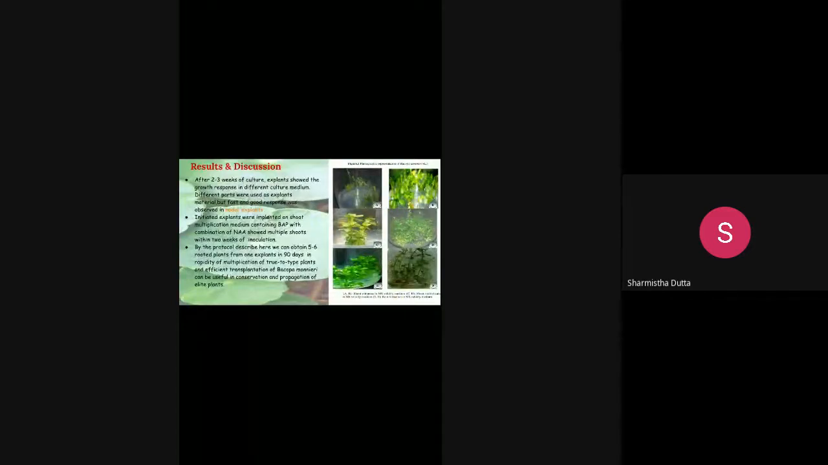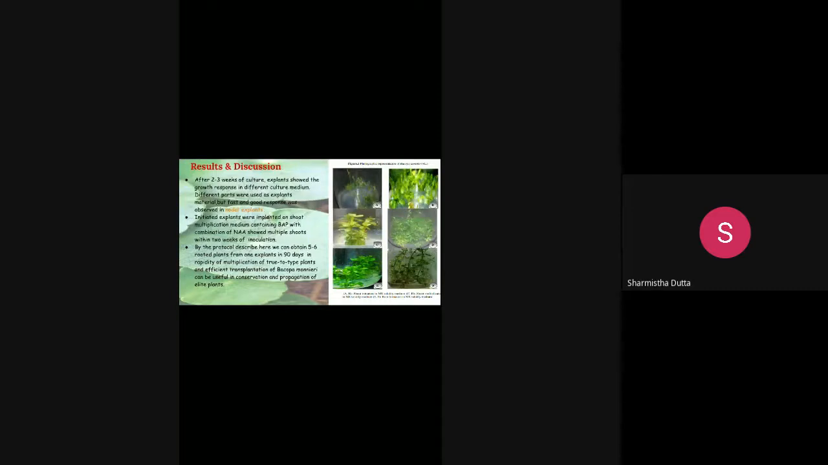After 2 to 3 weeks of culture, explants showed growth response in different culture media, and different parts were used as explant material, but a fast and good response was observed in nodal explants. The initiated explants were implanted on shoot multiplication medium containing BAP in combination with NAA and showed multiple shoots within 2